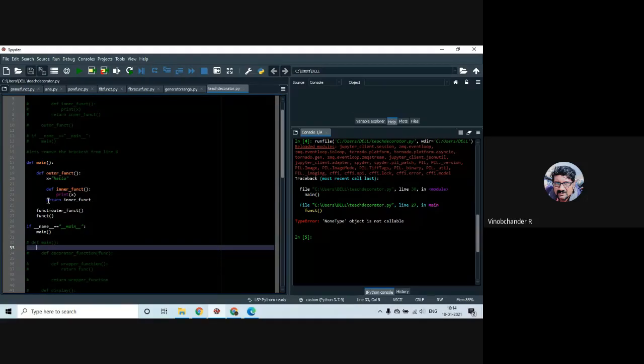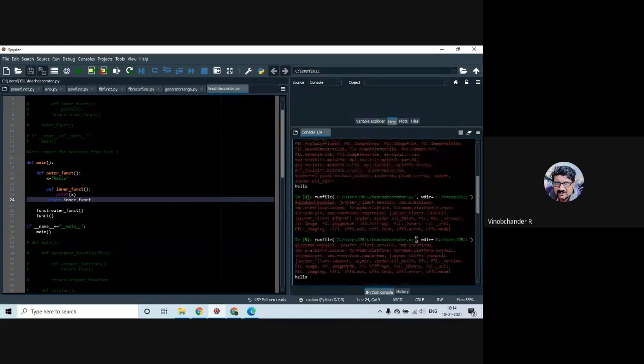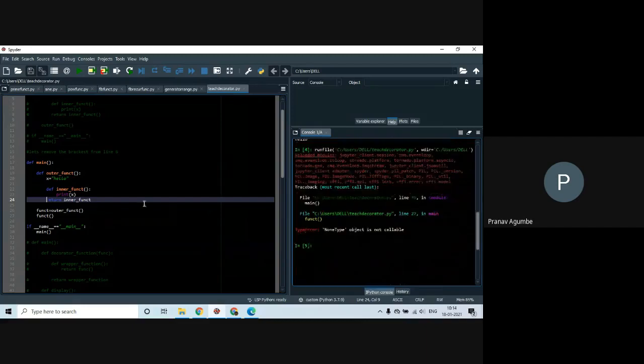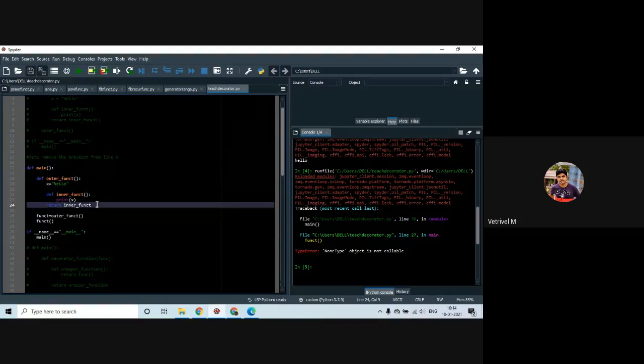Yeah, true. So for that error to not be there, as you said, you can remove the brackets after outer function. You can just assign the function, func is equal to outer function, right? Yes, sir. But it worked before this. No, because when you call func is equal to outer function with brackets, it directly calls the function instead of assigning it to the variable. That's why you got a hello at first. Yeah, absolutely true. So that is correct.